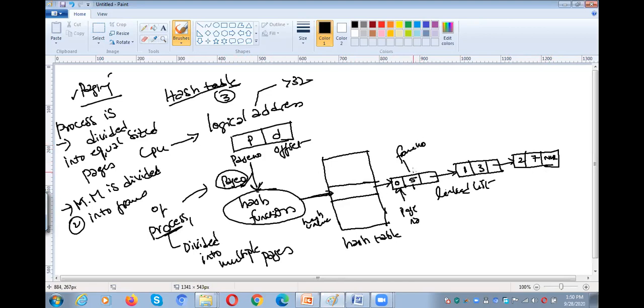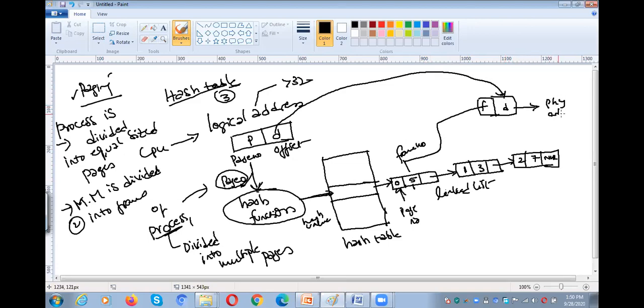If you know the frame number, for example 5, it is the base address of the memory location. So what we need to add to that frame number is the offset, so that we will get the physical address.